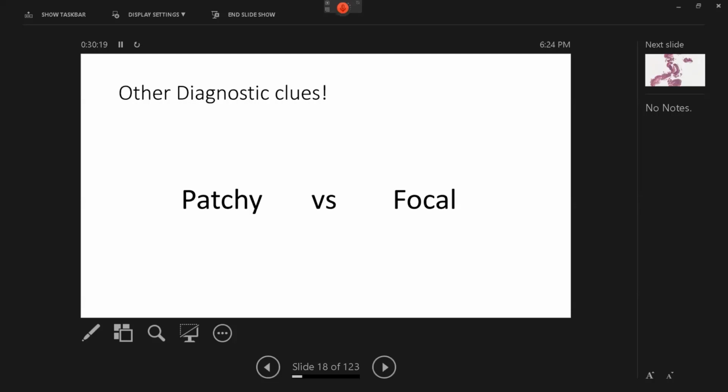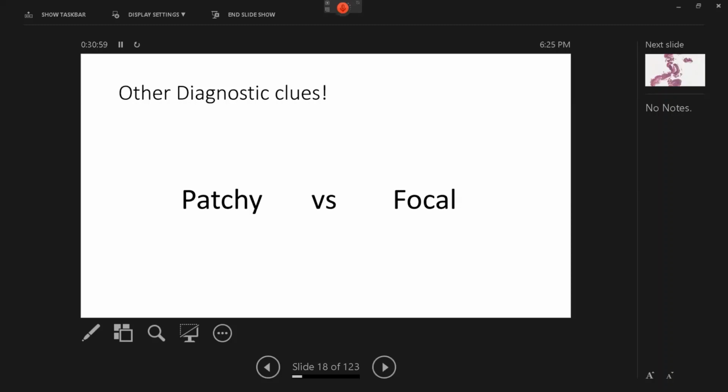Then you can call it more generalized infection, but segmental and patchy within the sigmoid colon, which goes more with the diverticular disease. And diverticular disease is a very skip type lesion when it comes to diverticulitis, for example. Okay, some diverticuli will look completely normal, while some others will look really inflamed. The same thing can sometimes happen with mild infection with the drug-induced colitis, because you tend to have a patchy disease and focal as well.